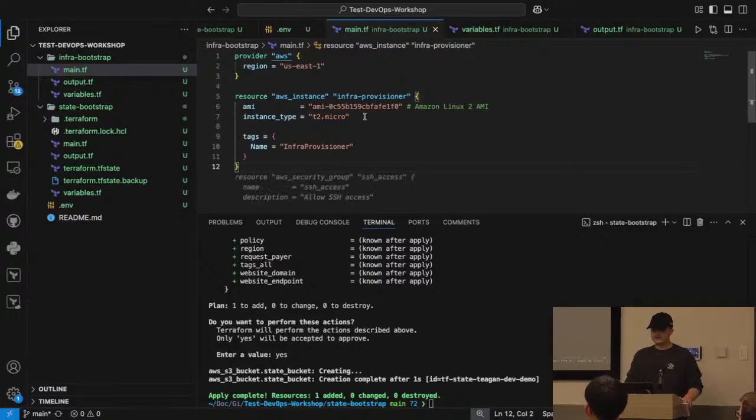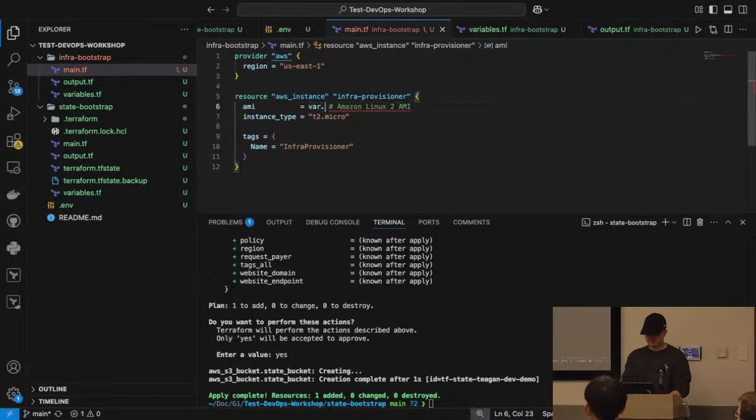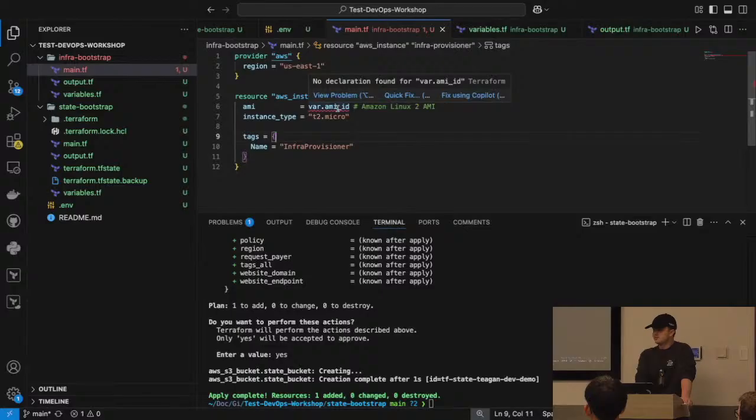We're going to use a T2 micro. This will just make sure that you stay within the free limits of AWS. I try to keep this to where you guys won't get charged. And then add this to infra provisioner. So what is this AMI, right? This AMI is essentially referencing what image we're going to be creating. So what I'm actually going to do here is create it as a var.ami ID. And what this does is it will actually give you an error if it doesn't find the appropriate AMI ID.